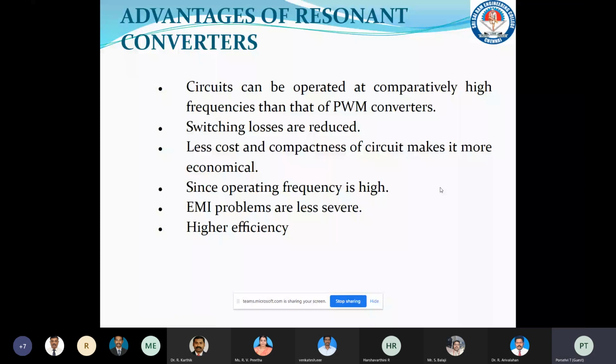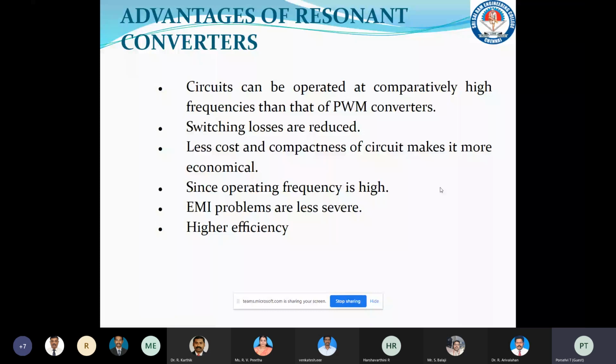Resonant converters can be of zero current switching or zero voltage switching. In zero current switching, we turn the switch on and off at zero current. We can have two types of zero current switching, that is L type and M type. The figure below shows the circuits for the L type and M type zero current switching converter arrangement.